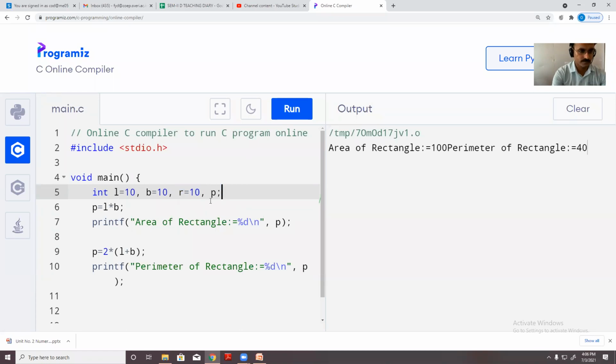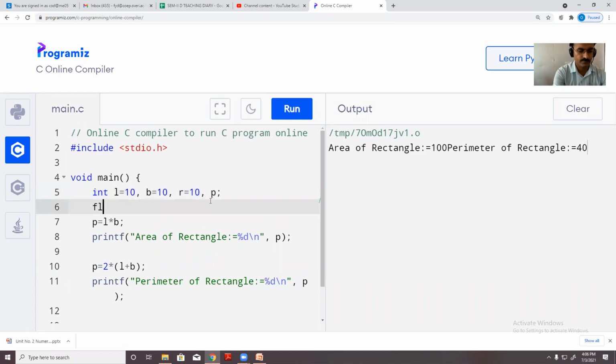Okay, I will use one more variable of type float because I have the formula 3.14 into r. 3.14 is a decimal number, so the answer will be in decimal form. To handle the decimal, I need one variable which is of type float.